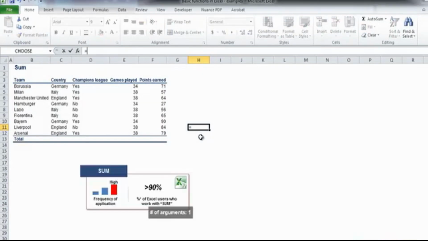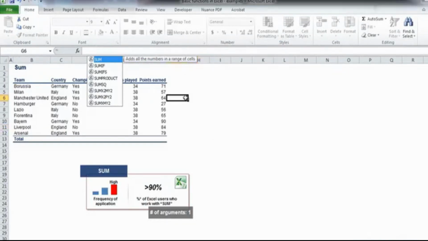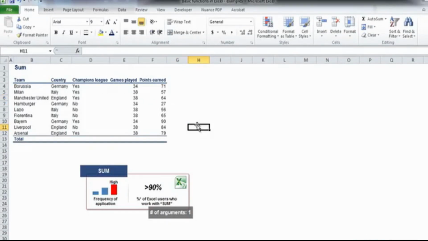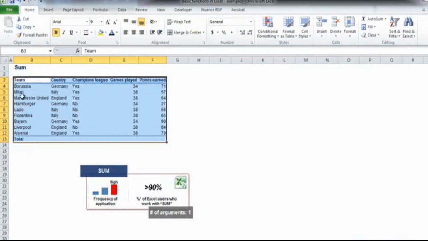Let's start with sum. It is one of Excel's basic formulas. Sum allows Excel users to add the numbers within a given cell range. It's as simple as that. In the table on the left, we have data regarding last year's performance of a few